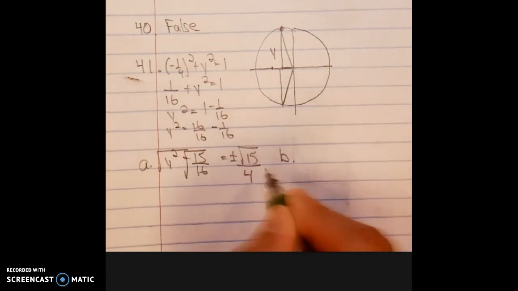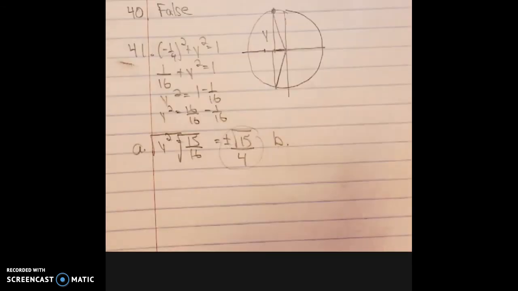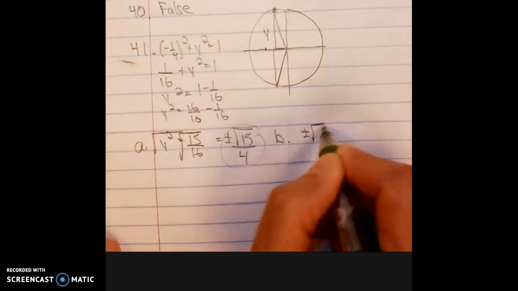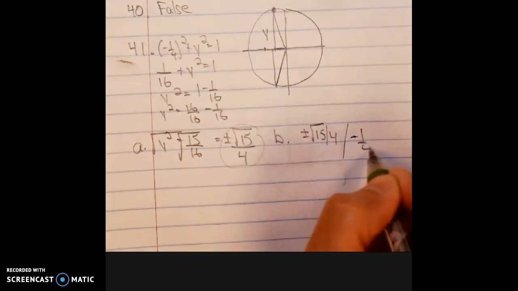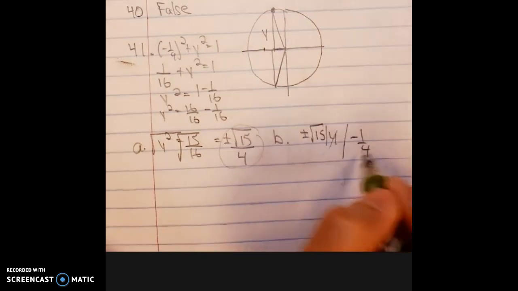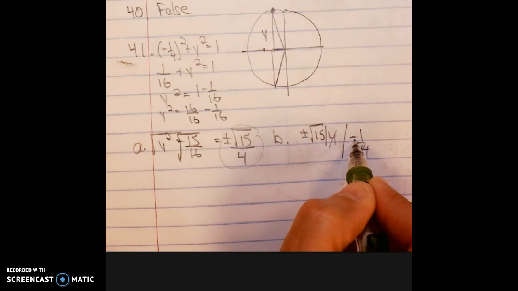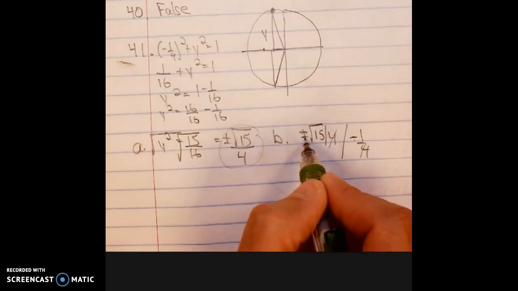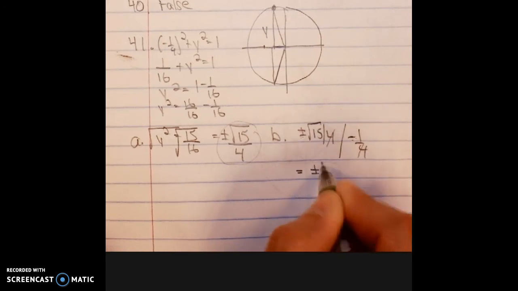Now for b, they want the tangent. So remember, here was our sine, up here was our cosine. So we have plus or minus radical 15 over 4 divided by a negative 4. So first of all, the 4's can cancel. I have positive divided by a negative, that would be a negative. But you also have the case of negative divided by a negative. So we end up with plus or minus radical